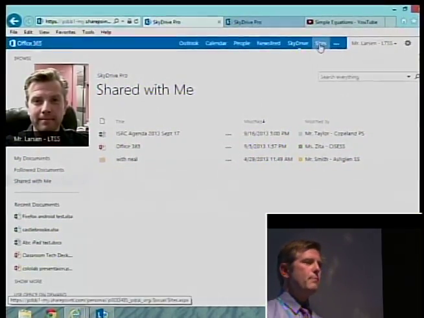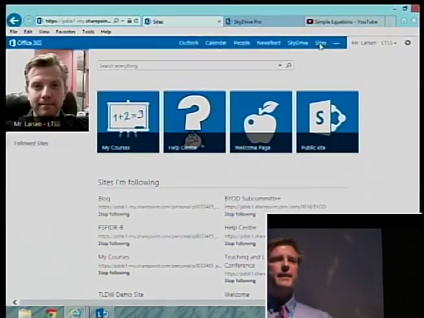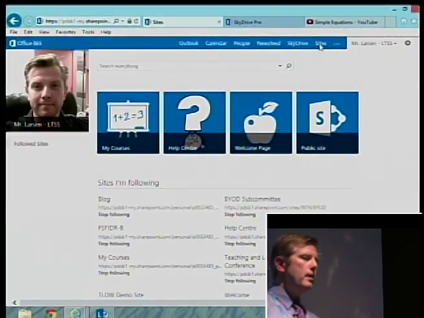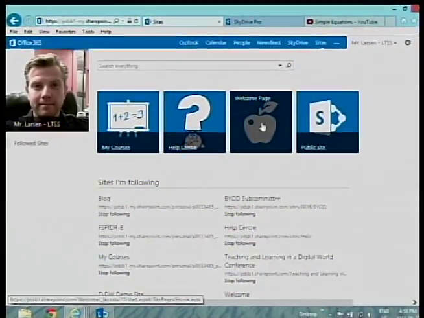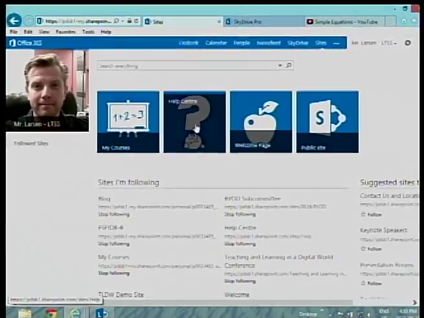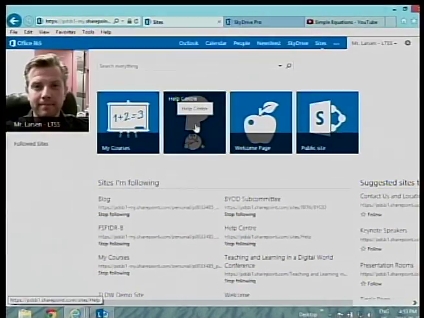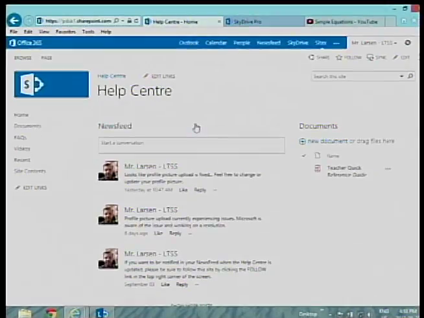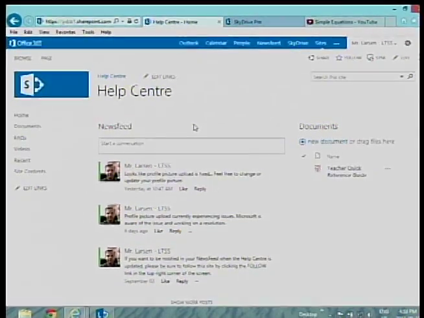So the last tab before we go to the link demo is the Sites tab. The Sites tab, obviously this is where you get back to your welcome page. So if you ever do want to get back to that welcome page, you go to the Sites tab. We've also begun to culminate information in a Help Center. So if you click on the Help Center here, you'll see, I'm the owner of the Help Center, so I